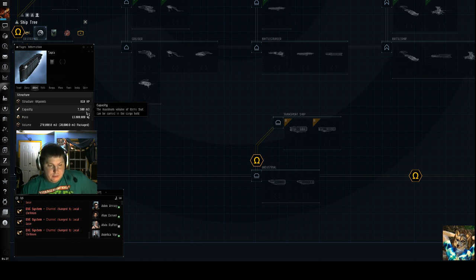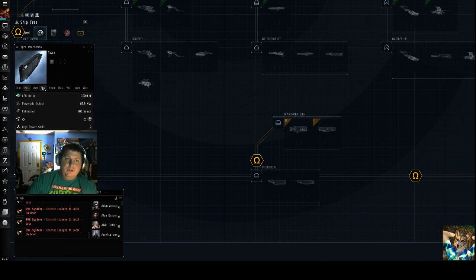And it starts you off with 7,300, but if you want to start doing any kind of realistic long range travel, in my opinion, you're going to want to have an inertial dampener. You're going to want at least one inertial dampener. You're going to want at least one warp stabilizer, because